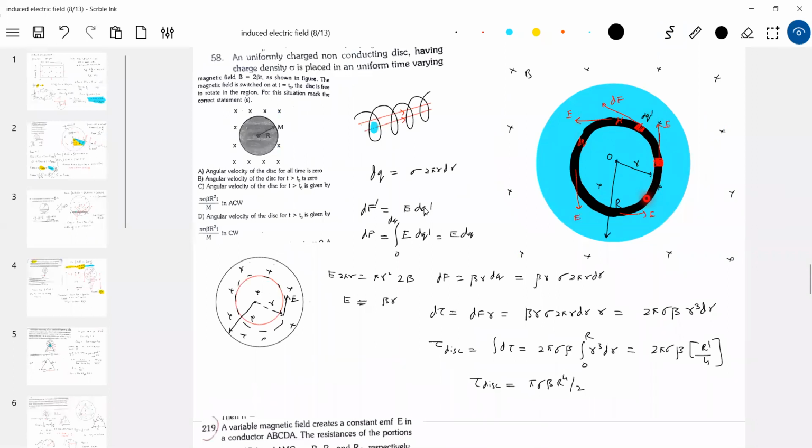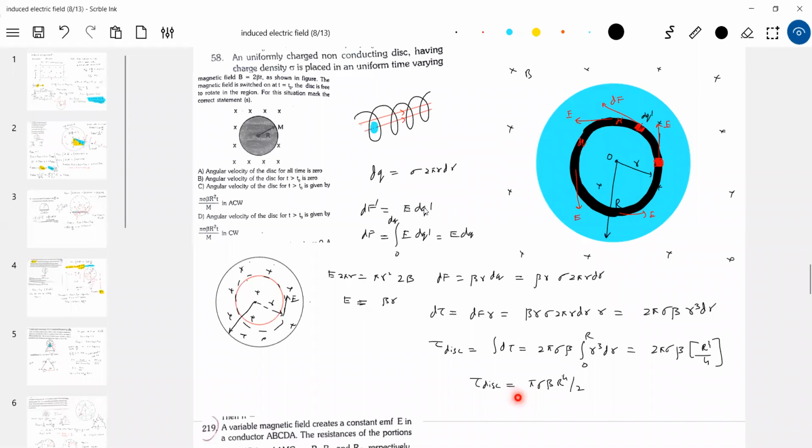What about the net force? Anybody? Net force on the disk: zero or non-zero? It should be zero, no? Because you choose an element here, and you choose the diametrically opposite element. This element will experience a force like this, and what about this element? It will be downward. This element is towards left, this element towards right. So the net force on the disk will be zero. Every point on the disk will experience a tangential force, and the net force will be zero. The tangential force will set up a torque, and that is the net torque.